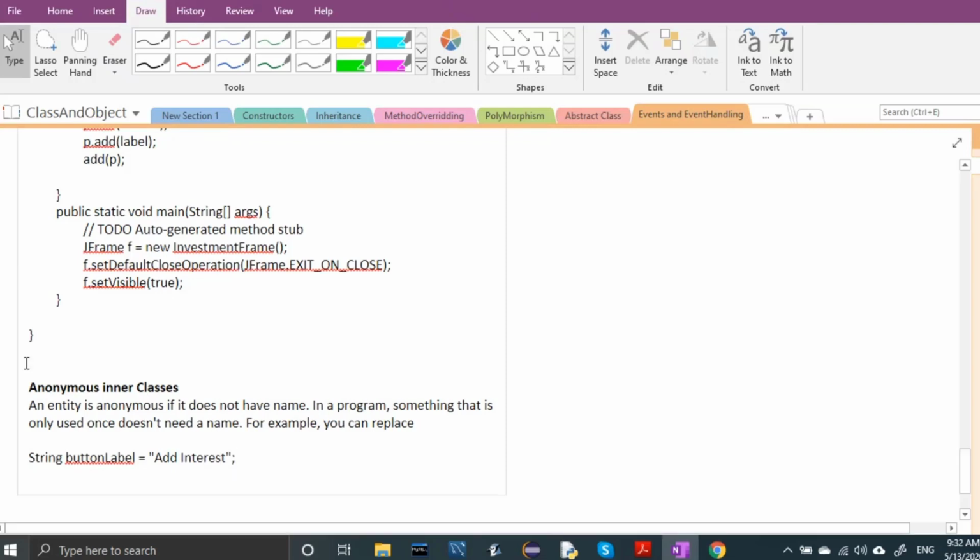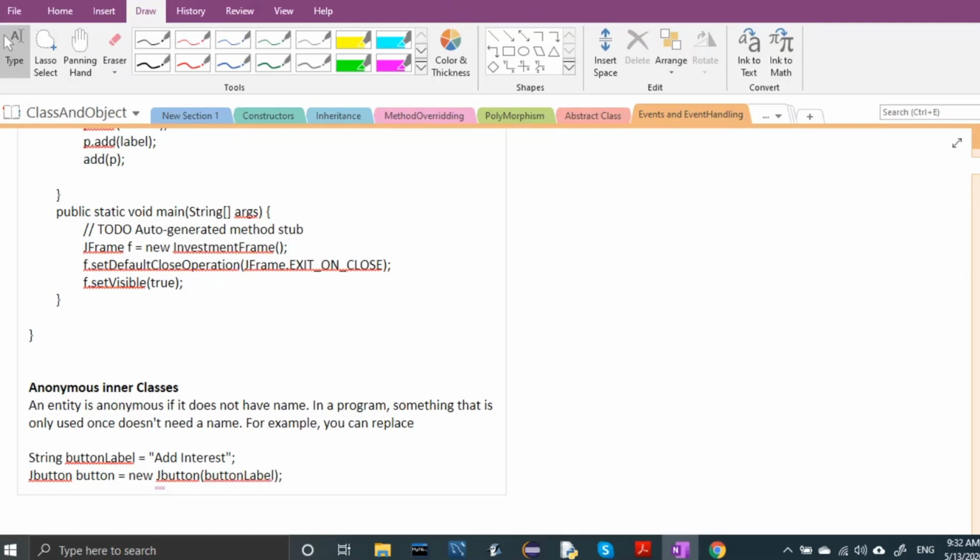And after that you are writing JButton button equal to new JButton(buttonLabel). But I have not done it in this way, right?